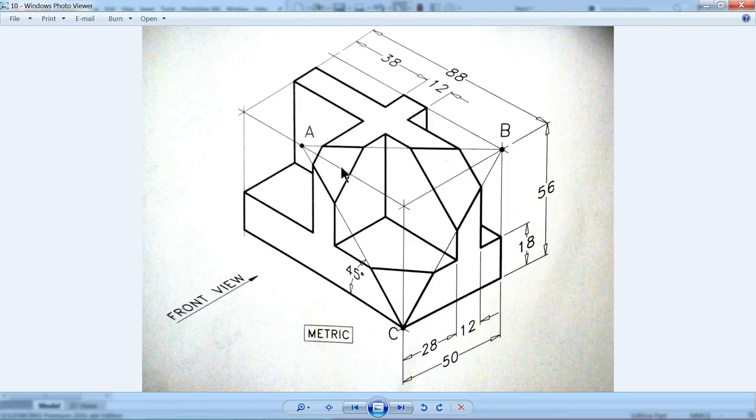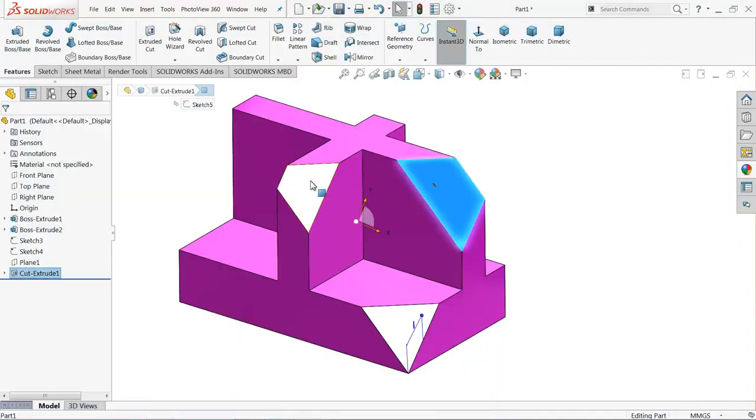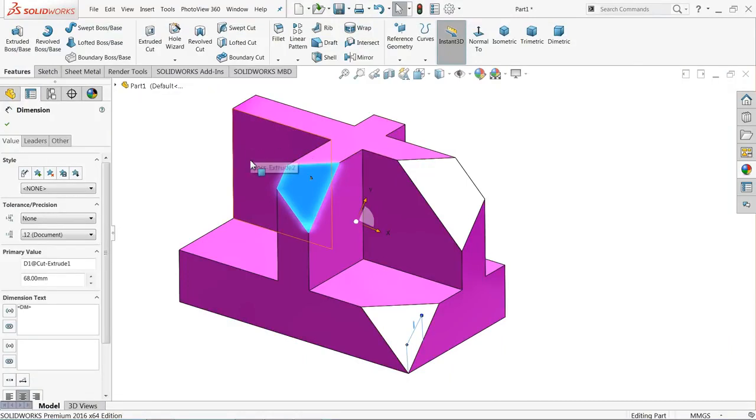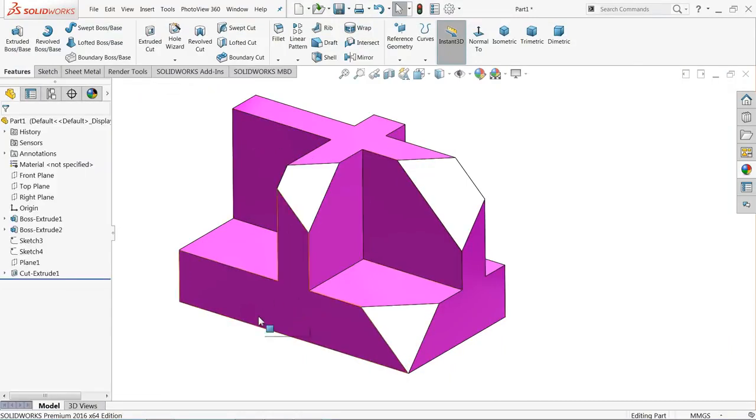This is the simple example. Here we need to cut a triangle with corner. So this is a little tricky, not tricky, but it's new for the beginners. So let's start to create this simple model, and you will find exactly like this. So we will cut this triangle shape here. So let's start to create this one.